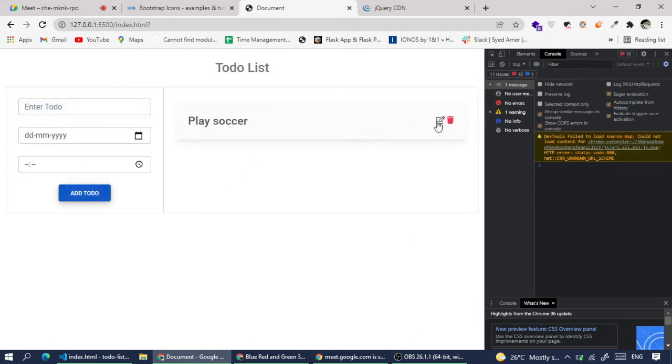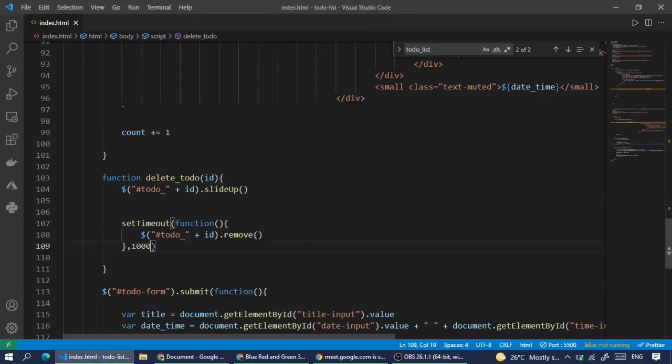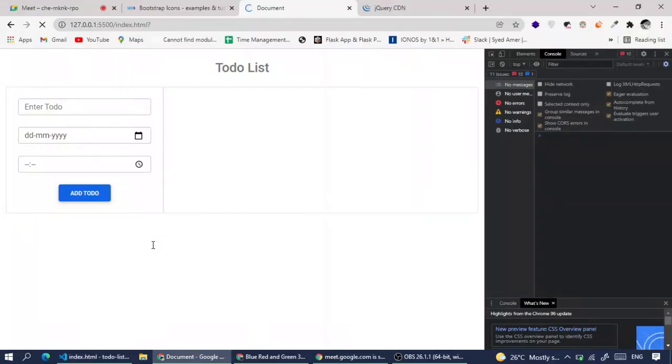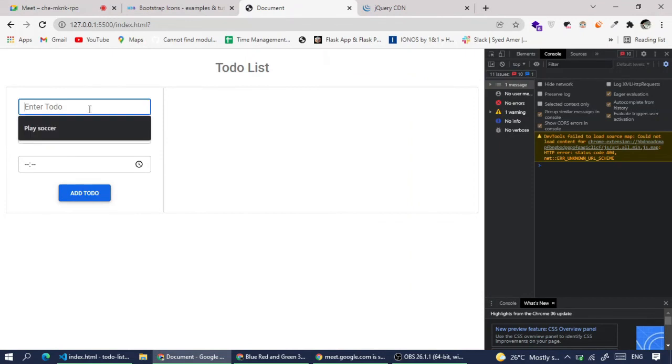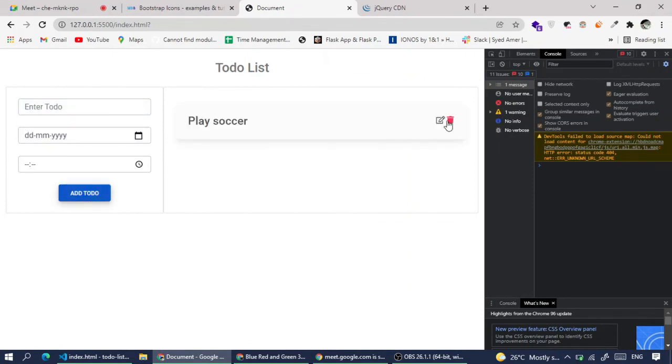So when I click on it, it will be going in an animated way. So if I click on it, you can see like it was getting animated, right? So something different than the basic one. So here we have product. And so if I add more to do, it will be even better. So now if I delete this, we can see it's going in an animated way. So just the one line of code.